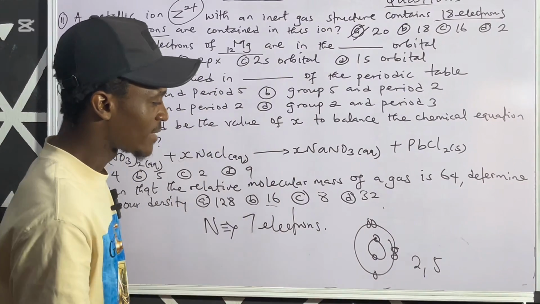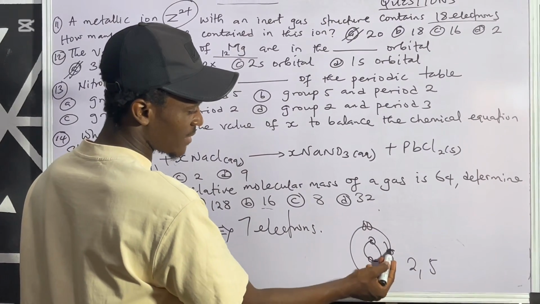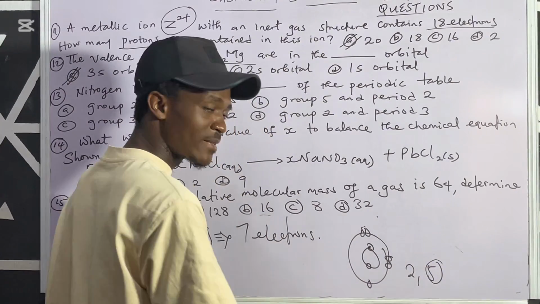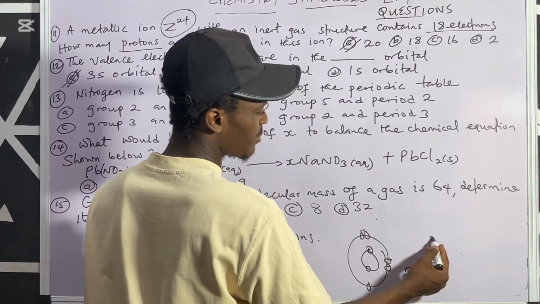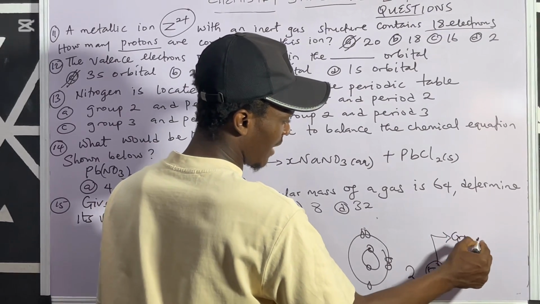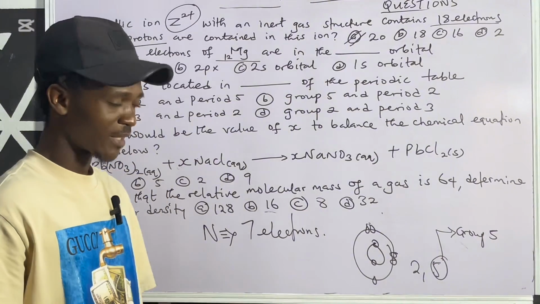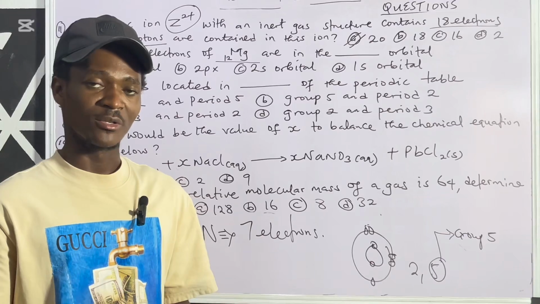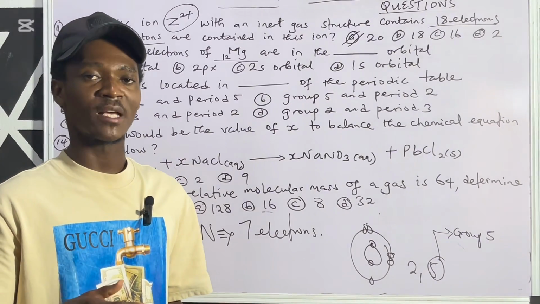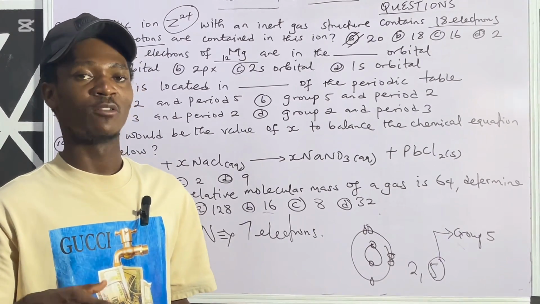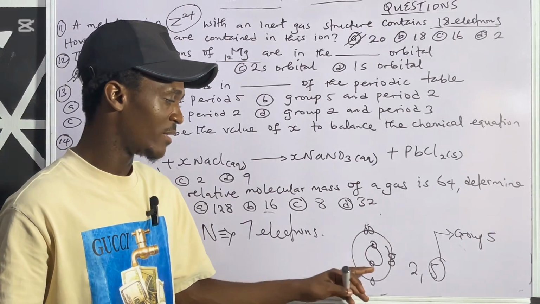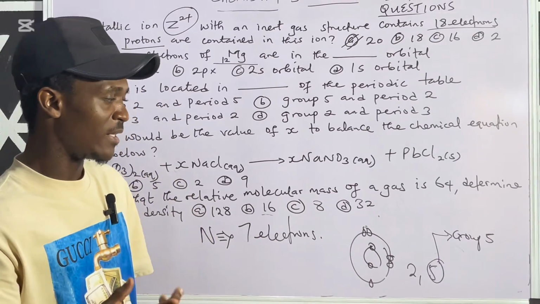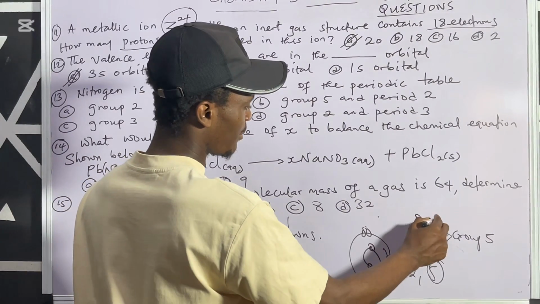So in this case, these are the valence electrons because they are found in the outermost shell. So the valence electrons here is what? 5. Since it has a valence electron of 5, then it must be found in what? In group 5. Is that easy? So now we know the group. Then next, what is the period for nitrogen? It's very easy. Just count the total number of shells. Periods can be obtained by the number of shells. So in this case, how many shells are here? 1, 2. So since we have 2 shells, which are K and L shells, that's 2 in total, then this element is found in period 2.